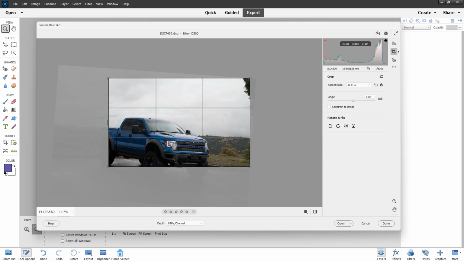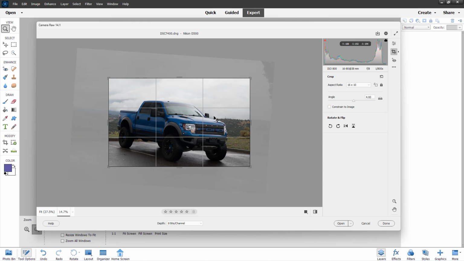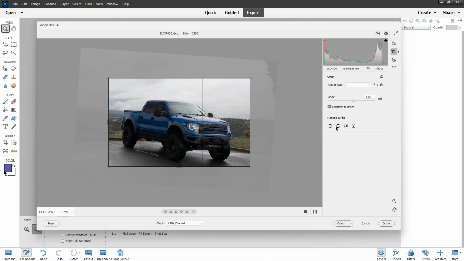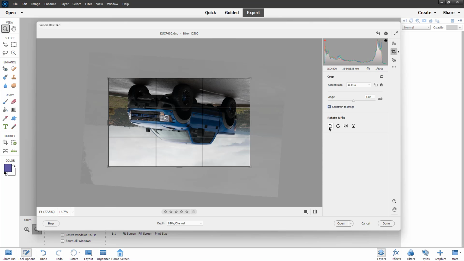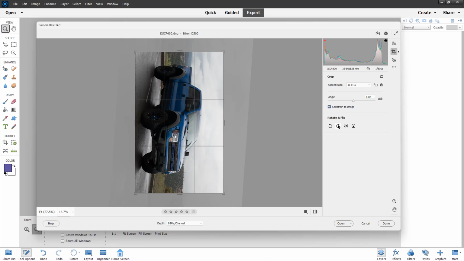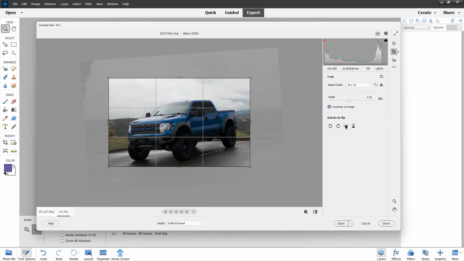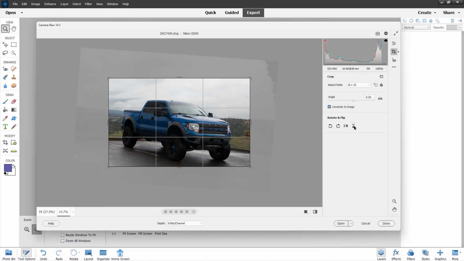So you can go right here, just like this, and then constrain to image and work with the angle. You can rotate this over here as well, to the left or right, just like this, and you can flip it over here from top to bottom as well, according to how you like it. And that is how you can utilize the raw image crop option inside of Adobe Camera Raw